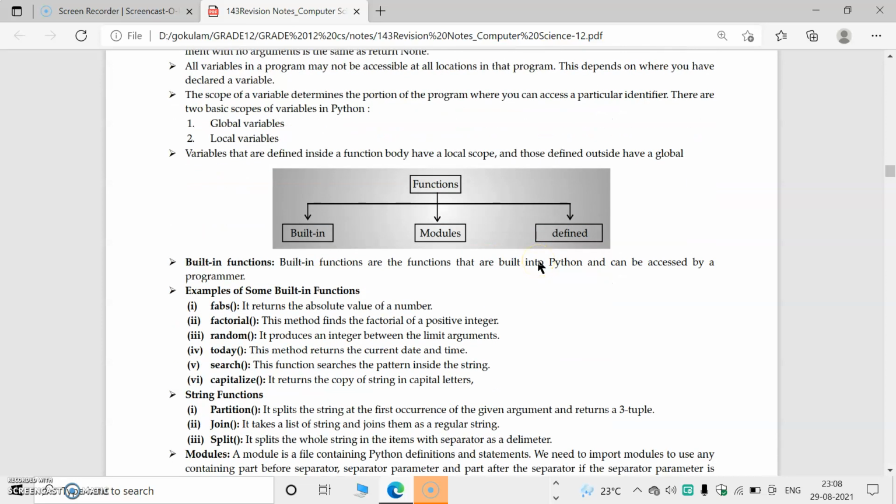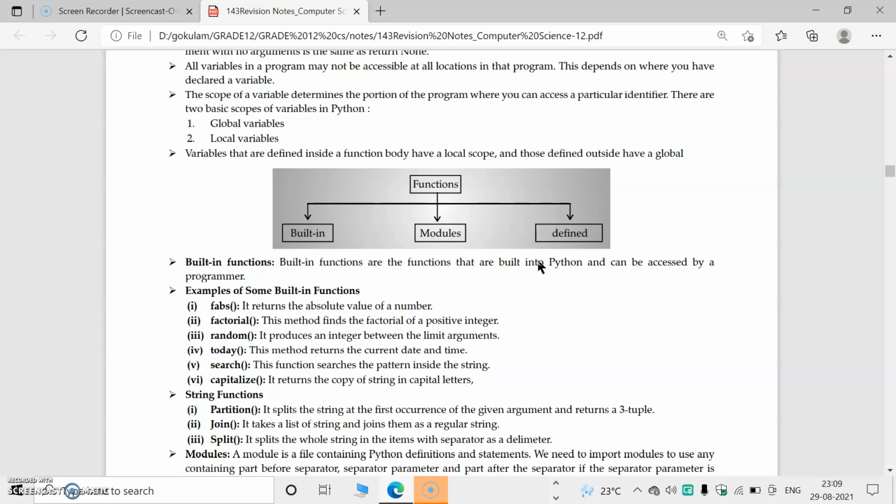Then there is the concept of scope of a variable. Scope means where the variable exists. There are two scopes: global variables and local variables. Local variables means variables defined inside the function. Global variables means variables defined outside the function.